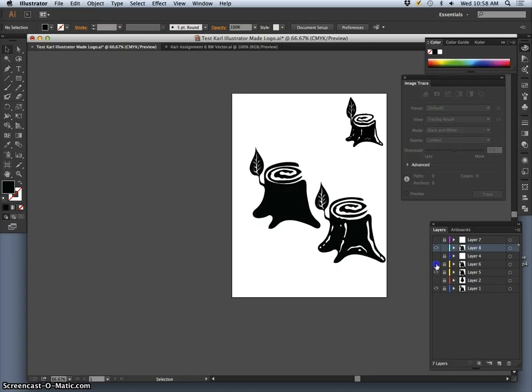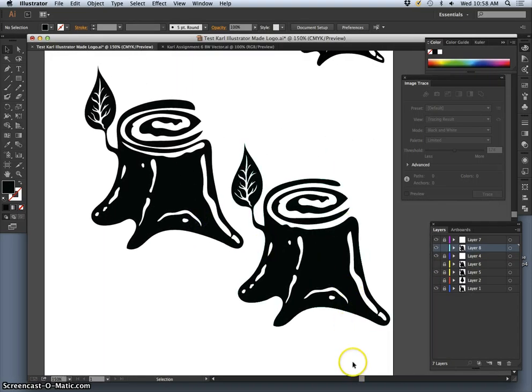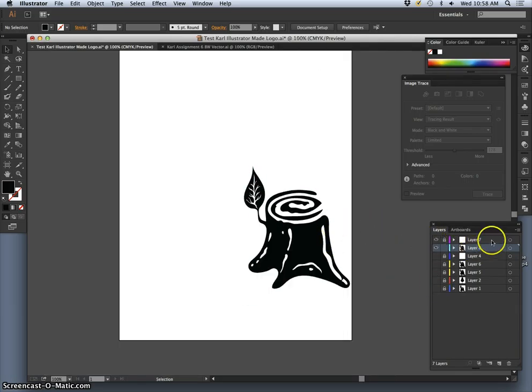And now I'll turn on some of the other alternatives. And this is where logo design becomes a major pain. Trying to determine between close similarities. Like which one's better, this one or this one? And I'm going to say this one. So that's the one I'm going to go for. So I'm going to hide every other layer that I don't need. If I want to,